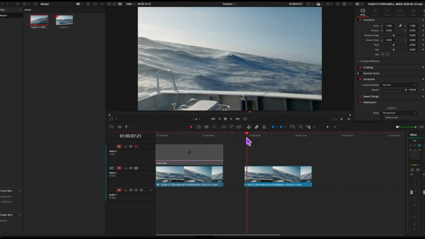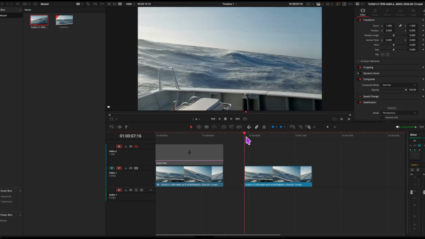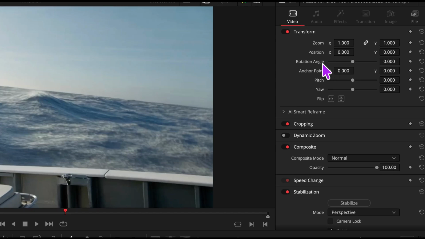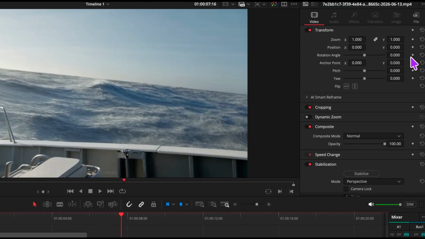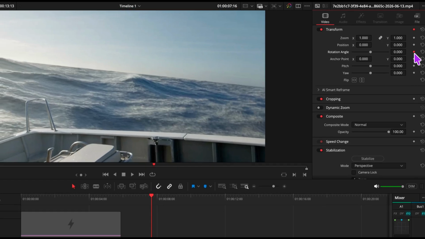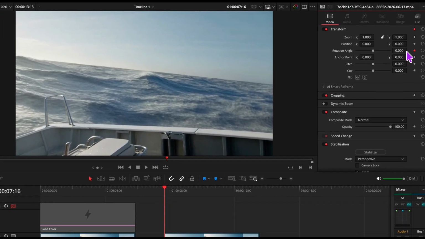So let's do it on the clip that we have here. Let's say we start off in this position here, and we are going to create a keyframe, which we can do by going up to the top on the right here to the video properties. We have the rotation angle. If we click the little diamond shape here, it now goes red. That means we've created a keyframe at this position. We could then rotate the angle